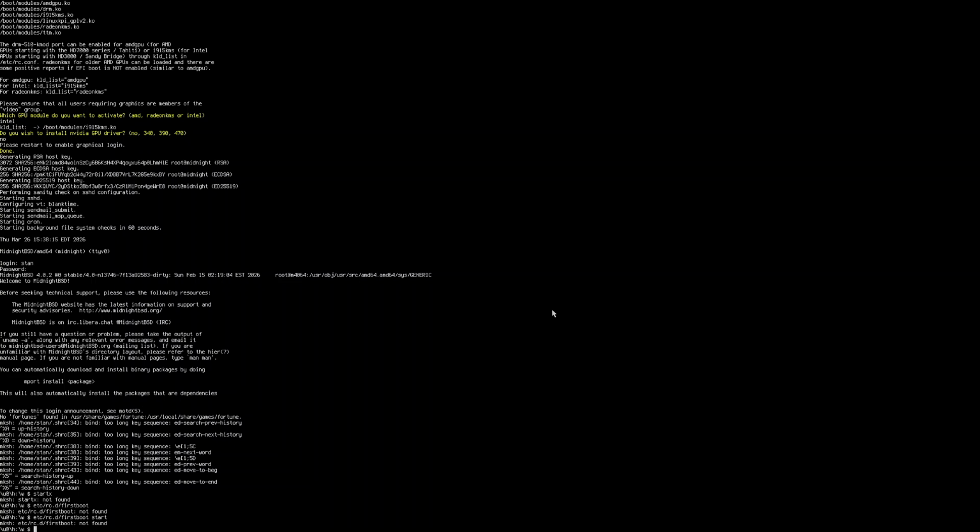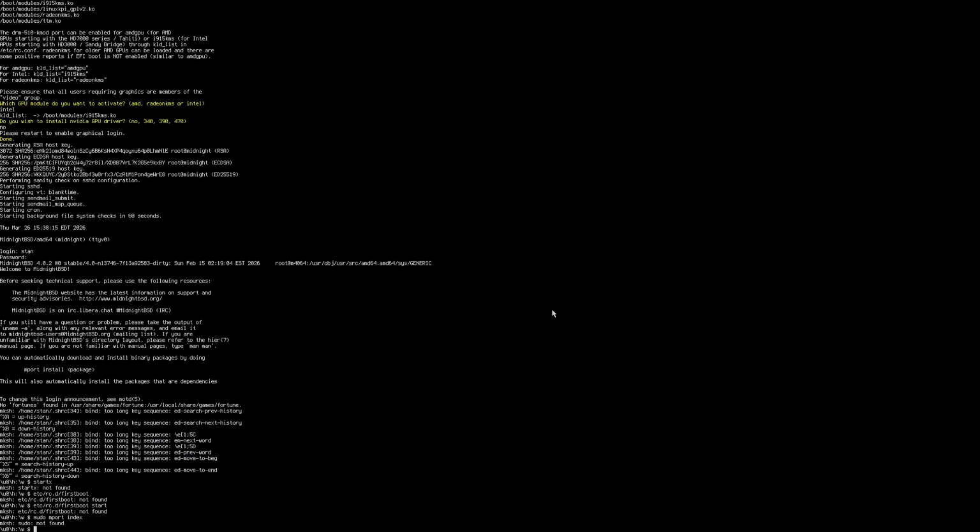Let me see here. Post install. Okay, sudo pkg index. Does sudo even work in this? I thought so. Okay, yeah, sudo not found. So doas mport index.